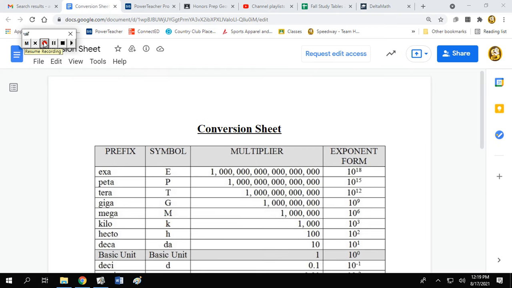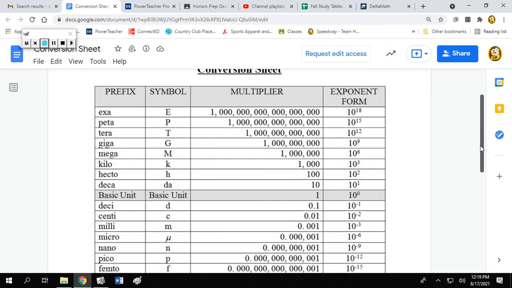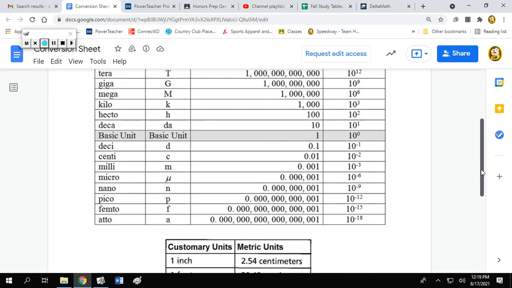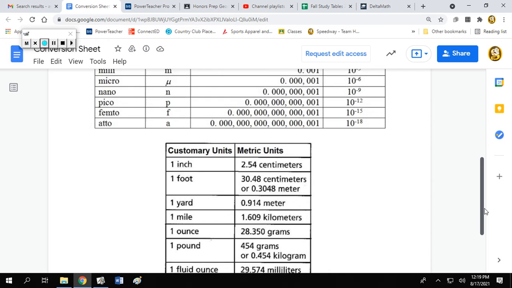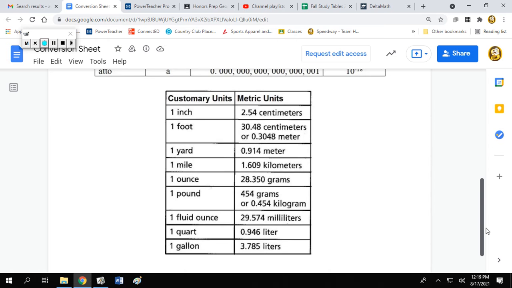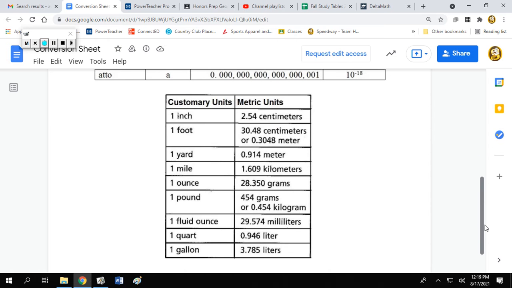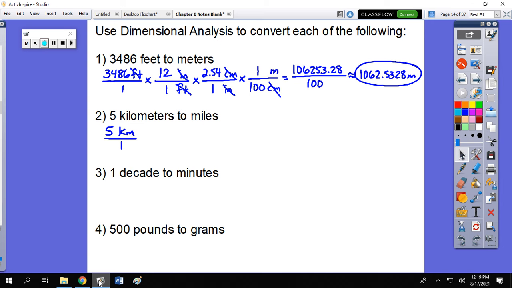All right, so I pulled up the conversion factor sheet that I'm handing out in class. You'll notice the top half is a metric conversion. We won't use most of that in this class, but down here at the bottom we have a very useful conversion. 1 mile is equal to 1.609 kilometers. So, if we want to go directly from kilometers to miles,